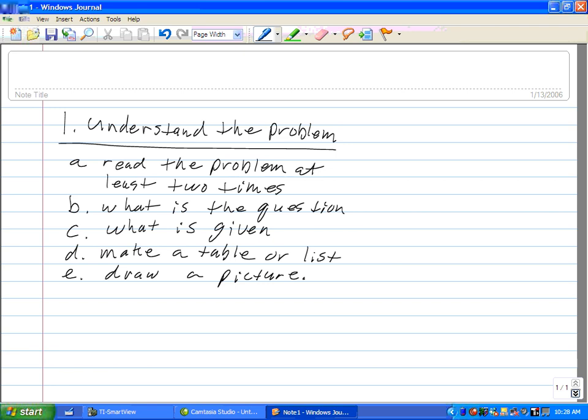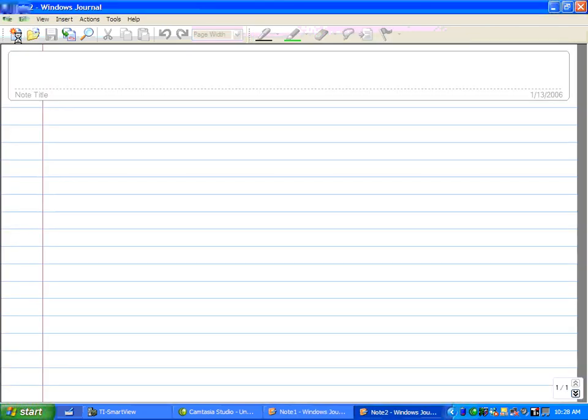Now, once you have a complete understanding of the problem, you have read it as many times as needed, you know exactly what the question is, you know what all the given information is, you have all your tables, or you've listed the given facts, you've drawn a picture where possible, then the next step is going to be